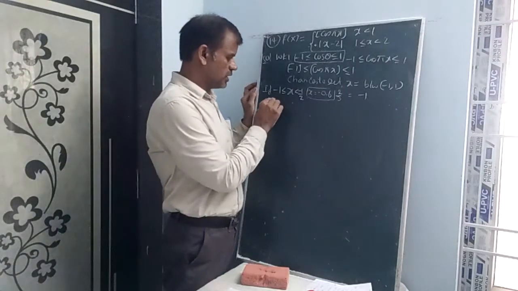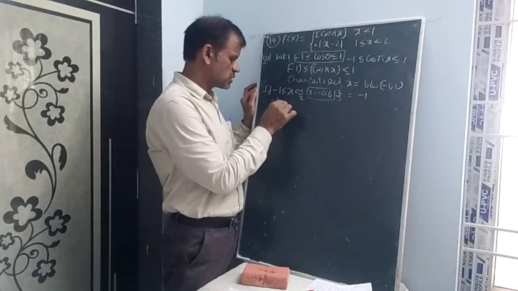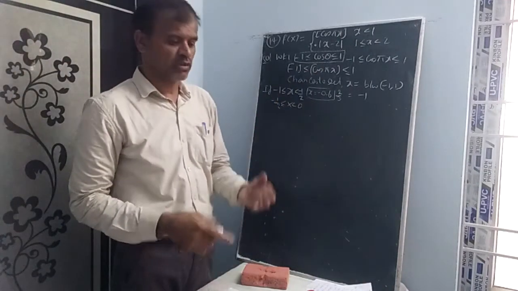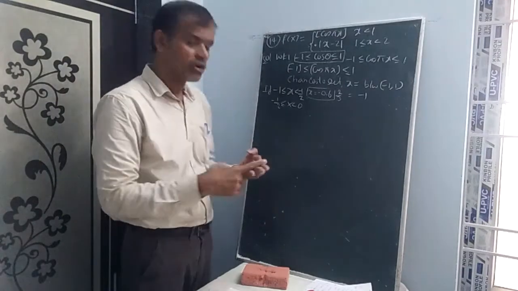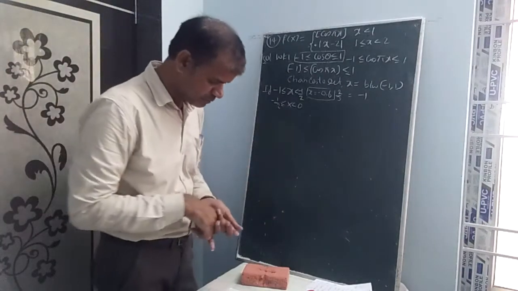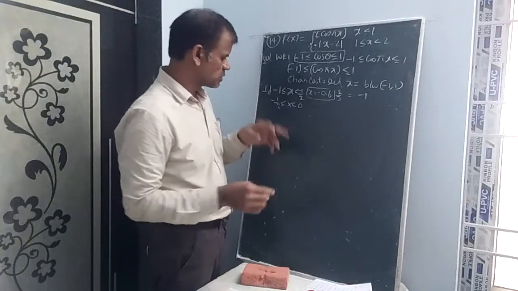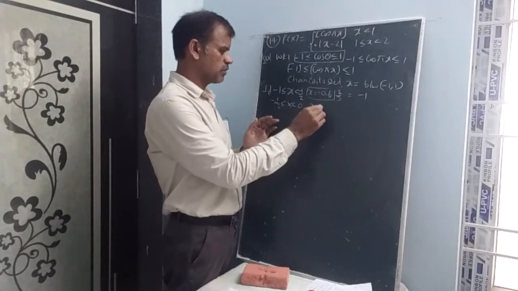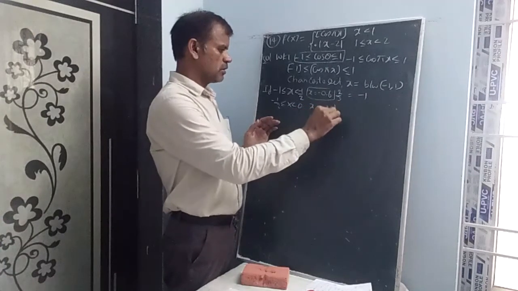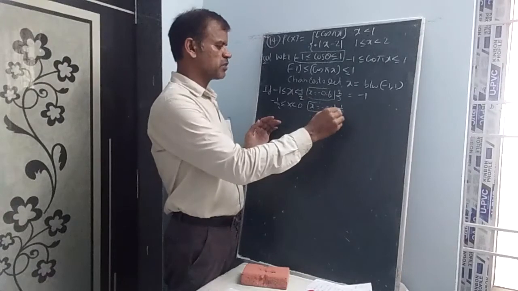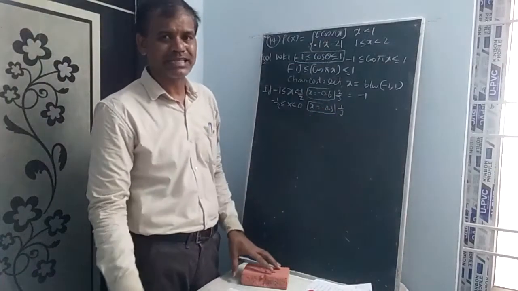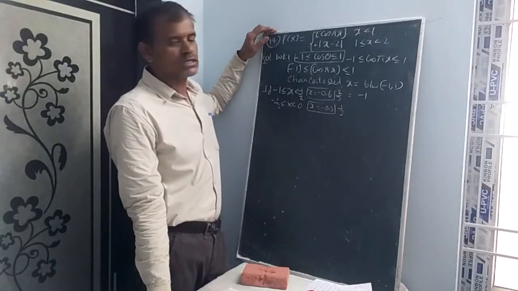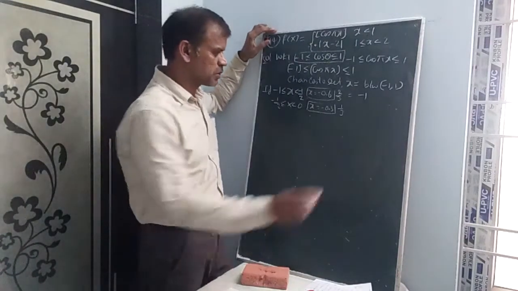Next, minus 1 by 2 less than x less than 0. So we are distributing like this between minus 1 and 1: minus 1 to minus 1 by 2, minus 1 by 2 to 0, 0 to 1 by 2, 1 by 2 to 1, and separate 0 also. For minus 1 by 2 less than x less than 0, take the value x is equal to minus 0.3. Substitute it: cos pi by 3 becomes cos 60, which is 1 by 2, 0.5, and the step is 0.